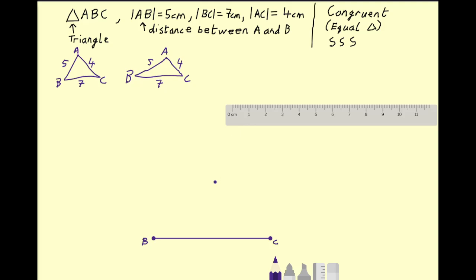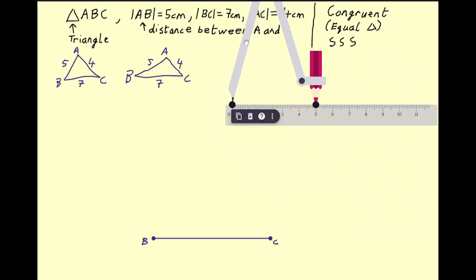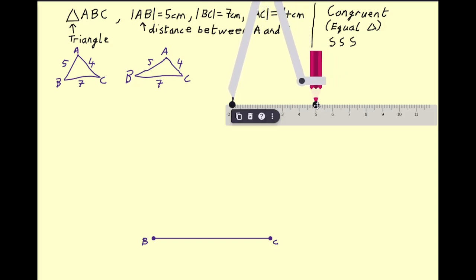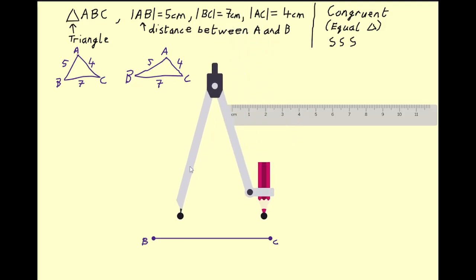So how do I get a consistent distance away from a point? Well, I would use my compass for that. So what I'm going to do is grab my compass, and I'm going to open the compass up to 5 centimeters, which I have actually already done. So I would just open it up until it's set to 5 centimeters, and then keeping it at 5 centimeters,